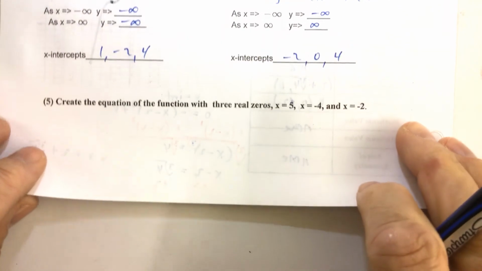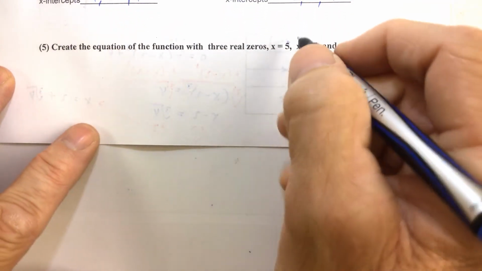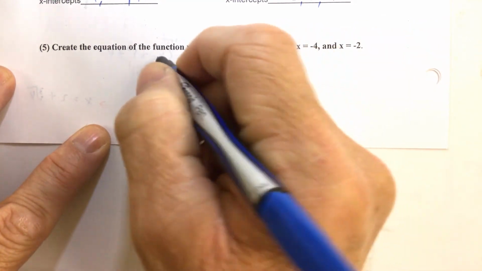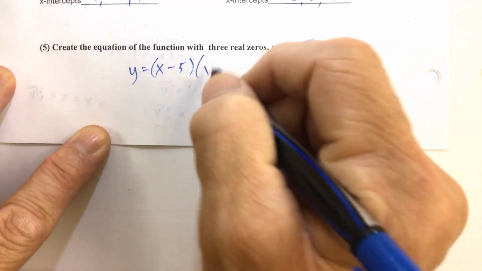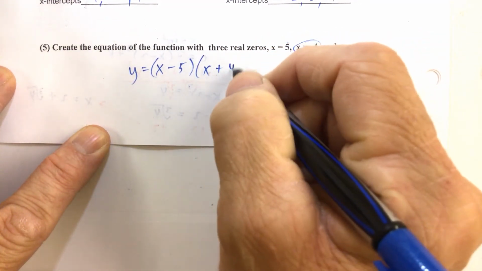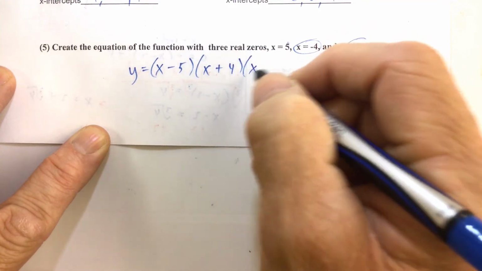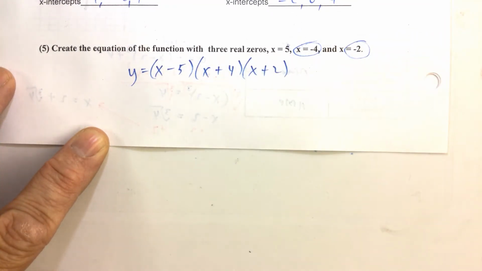And we have time to do one more problem here. Create the equation of the function with 3 real zeros. If we have a real 0 of x equals 5, that means that x minus 5 is a factor. X equals negative 4, which means that x minus negative 4, or x plus 4 is a factor. A 0 of negative 2 means that x minus negative 2, or x plus 2 would